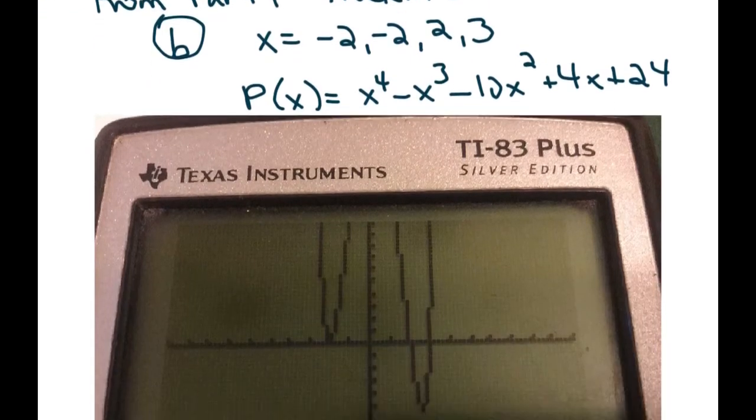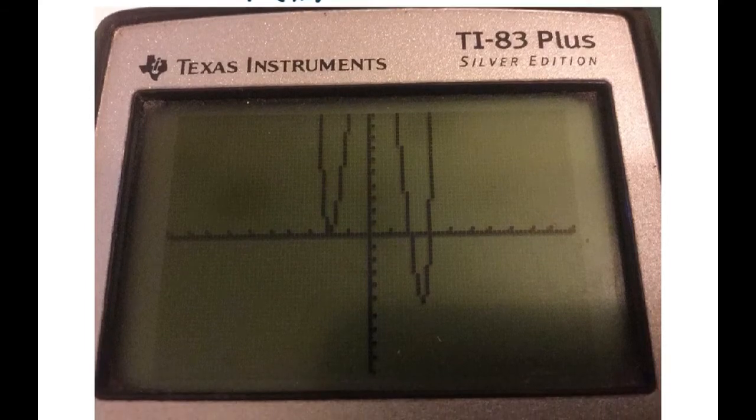So I want to go look at the graph of this polynomial. You will notice that it only hits the x-axis 3 times. So it's hitting here at -2, there's my +2, and there's my 3. But what I want you to notice is the shape of the graph at x equals -2. Notice that the graph bounces off, as opposed to passing through the x-axis like it does at the other 2